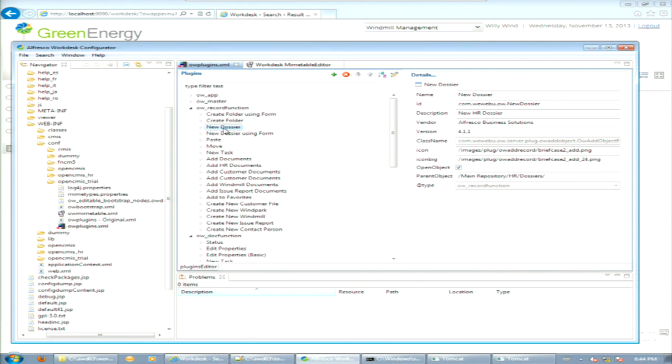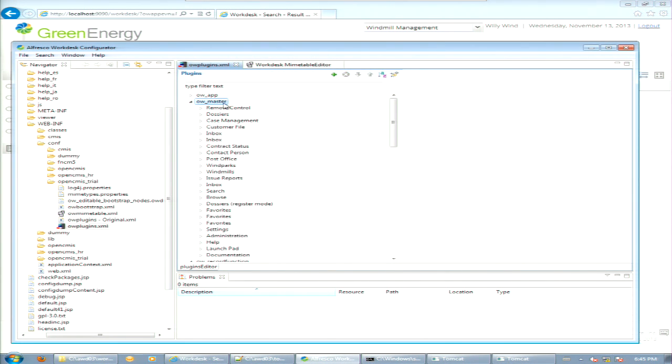Again, what I said is, we can configure all the features, all the plugins, in here, and afterwards, in the role manager, we assign the appropriate plugins and features to the corresponding roles. Like this, I'm not able, of course, to create a new dossier in my windmill management application. But here, all the features are listed and configured. What we want to do is configure a new master plugin. I can walk through the wizard to create and define all these things and criteria for the plugin. But what I can also do is